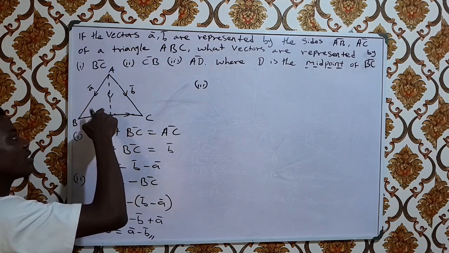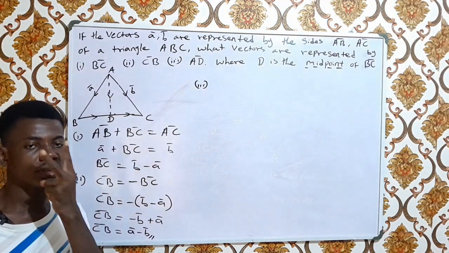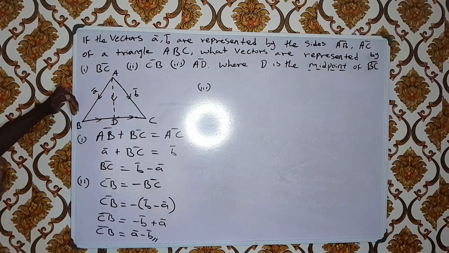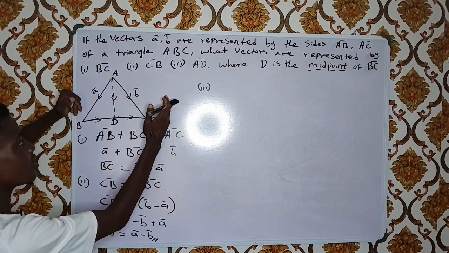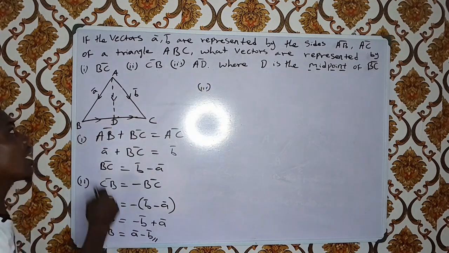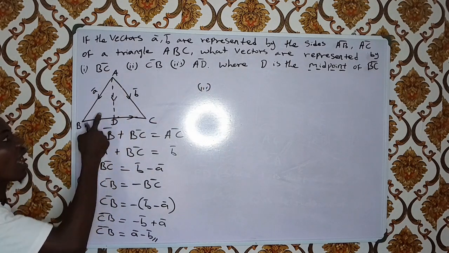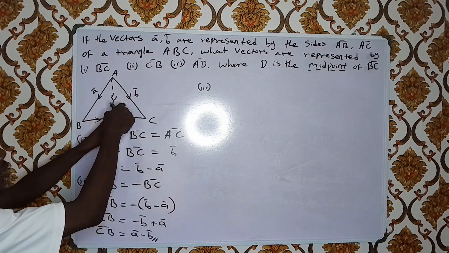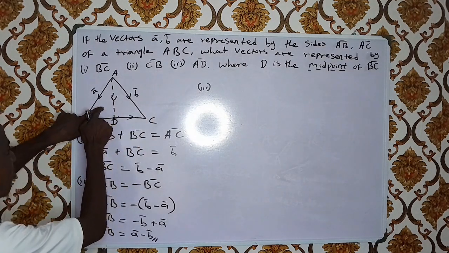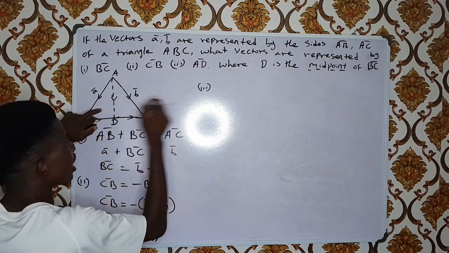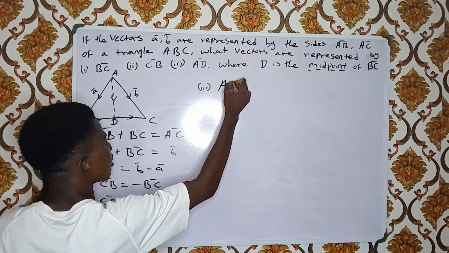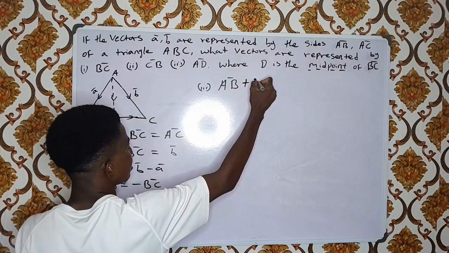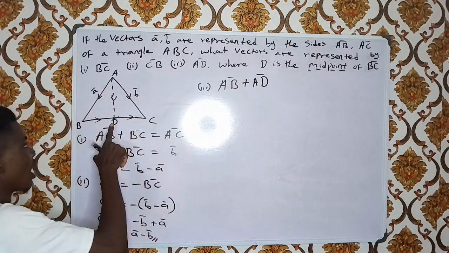If you watch closely inside this triangle, you can find that we have two triangles now. We have one right angle this way, and we have another right angle this way. And we are asked to find AD. AD is the height of the two triangles. So we have to consider this and also consider this one. Let's start from this place. From this triangle, you can see we have AB moving like this, plus AD going like this, which will now give us,